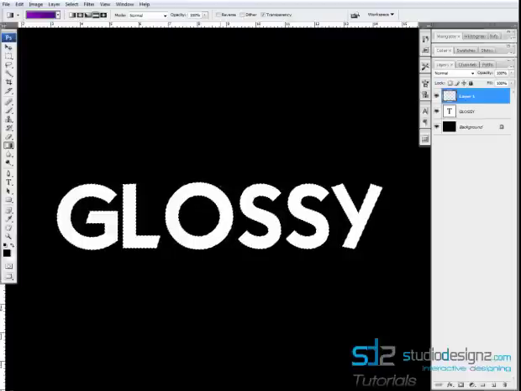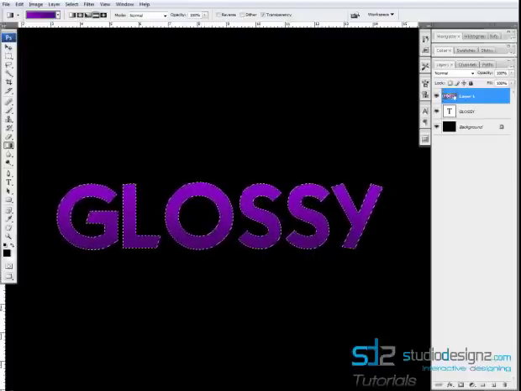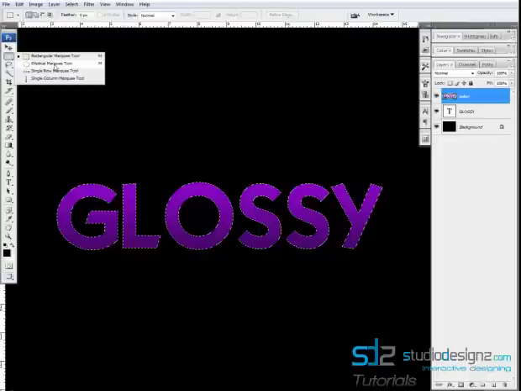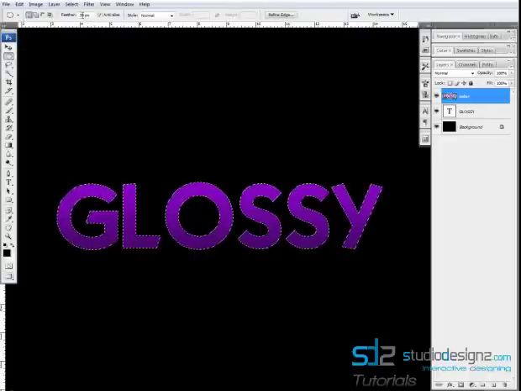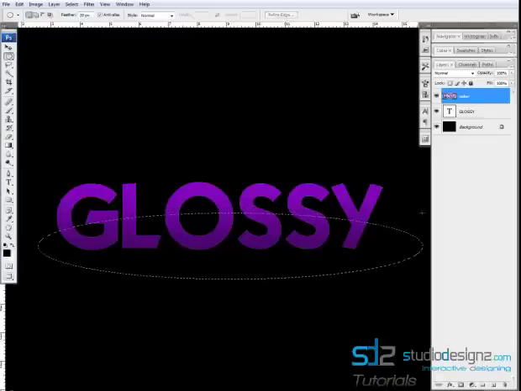Click, using your shift key, click from top and drag it down. You get the gradient over this new layer, which we'll name color. After that, select your elliptical marquee tool and give a feather of 20. Being in the same layer, just select the bottom half of this text and press Ctrl X